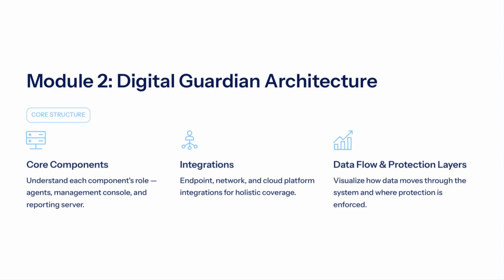The trainer helps you understand how the different components work together to protect the organization's data. The trainer explains that the architecture includes multiple components such as agents, management consoles, and integrations which work together to provide a holistic view of data movement and protection. The trainer also explains that by understanding each component's function, you can gain insight into how the solution enforces protection